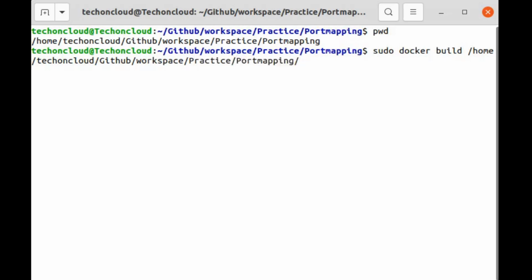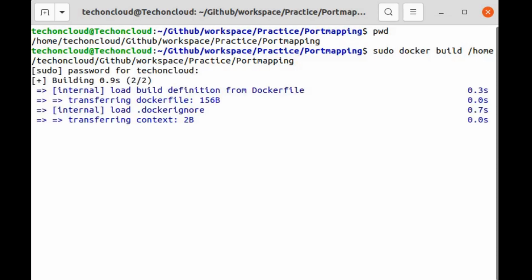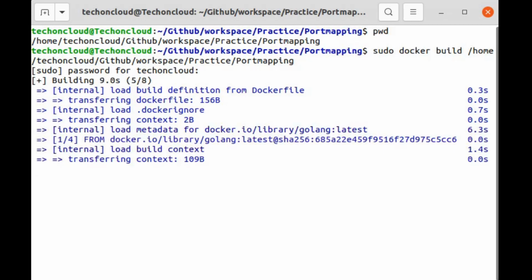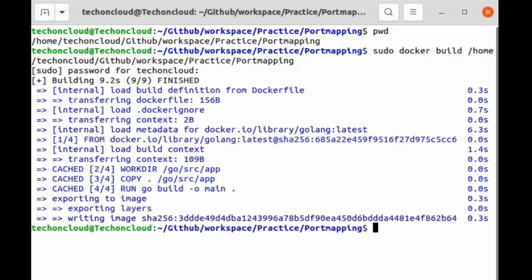Let me get here the port mapping. Now let me hit enter. It will ask me for a password. As you can see, my image is starting to build. Okay, it will take some time. Yeah, it is built. Now let's see, using the command sudo docker images,